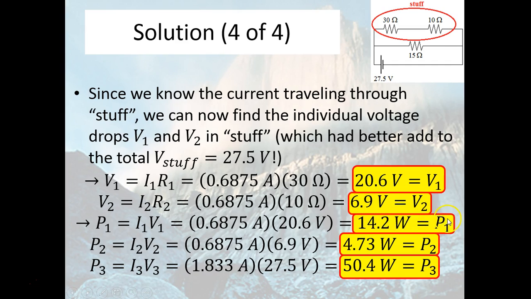So adding together P1 and P2 gives 18.93. Adding that to 50.4 watts ends up giving 69.33 watts of power being consumed by the whole circuit. So that's the rate at which energy is being consumed out of this battery, because remember, a watt is a joule per second. So that's how you figure out the equivalent resistance for a parallel type hybrid circuit